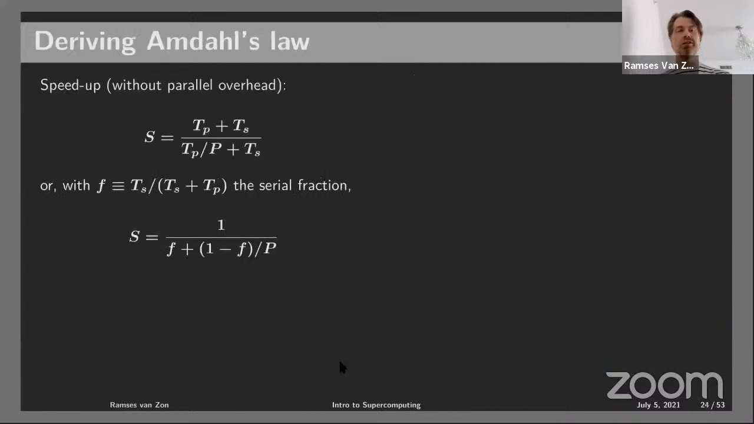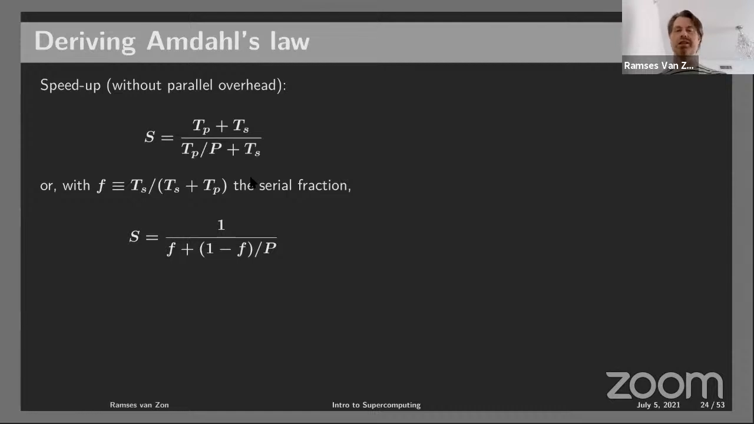So let's see. So we can compute the speed up. And the speed up is the serial time divided by the parallel time. The serial time here is TP plus TS. The parallel time gets slashed by a factor of P when we give it to P processes. But the serial time, we're going to assume here, doesn't change. Of course, there's some dependencies, but let's assume for the moment that it's fixed. Then this is our speed up, and it's not entirely